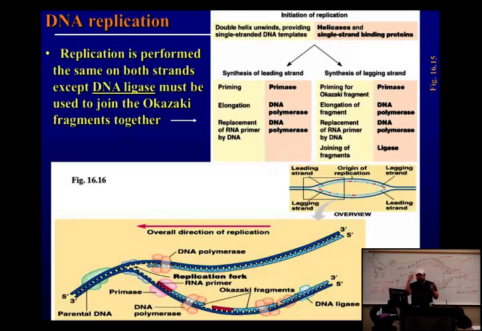Now the strands have to be held apart. So what does that? Single-stranded binding proteins. Then what's the next step? Primer gets laid down. What enzyme does that? Primase. So once the primer's laid down, it fulfills two requirements of the polymerase, which is one, it's double-stranded. Two, it has a OH group, right? And then what happens next?